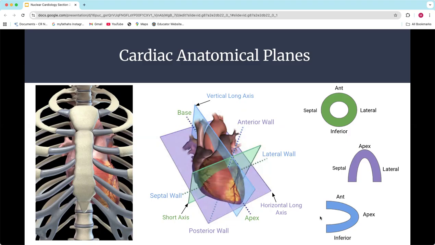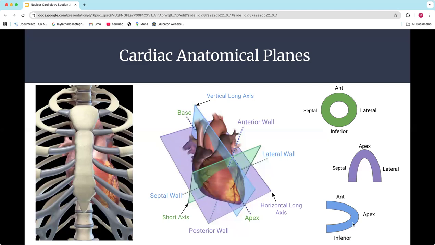So this can be really a little bit confusing when you're first looking at this, especially when you're used to the sagittal coronal axial, because they take that heart, which is shifted weird in your body, and then they're going to slice it up, and then they're going to try to make it line up or match with what we would be used to seeing on, say, anything that produces slices like a CT.